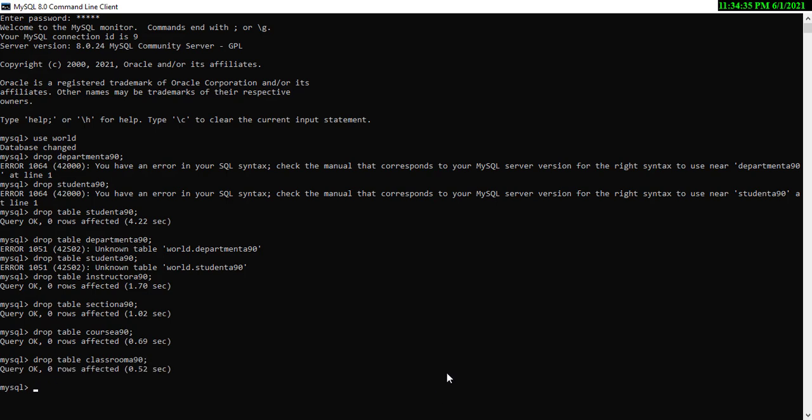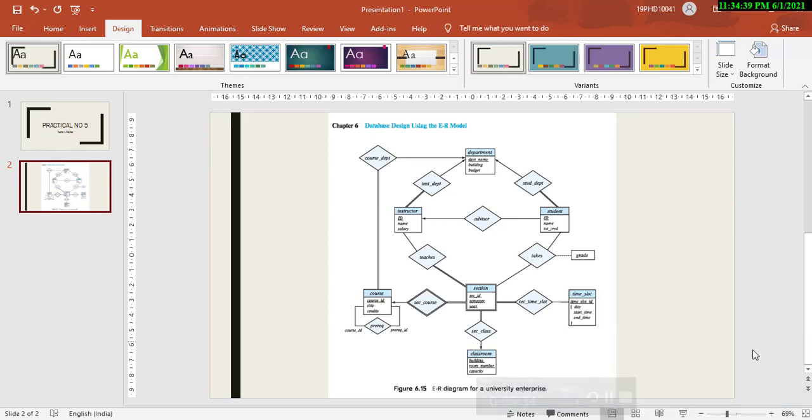So everything is dropped. I guess we have created only that many tables. So course, time slot, classroom, course, everything is deleted. Now I can go with creating the new tables.